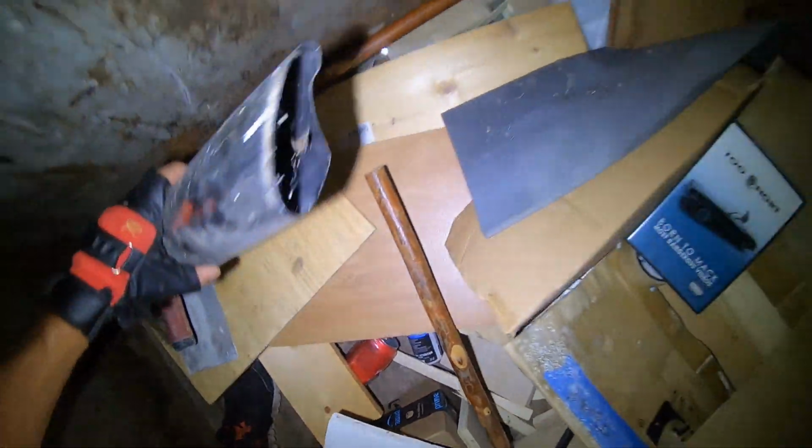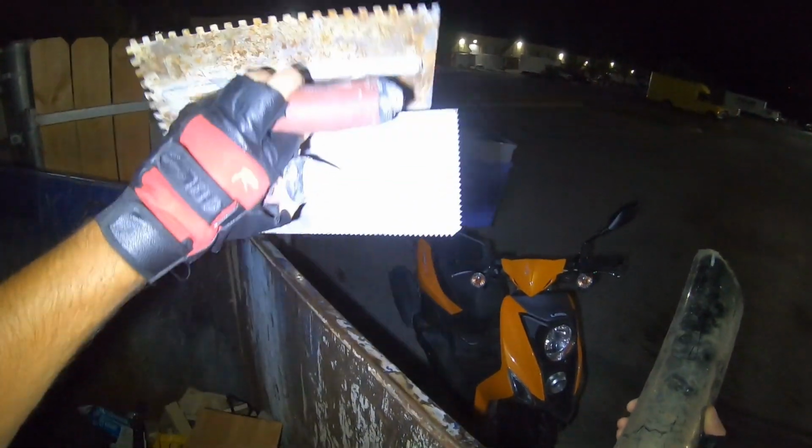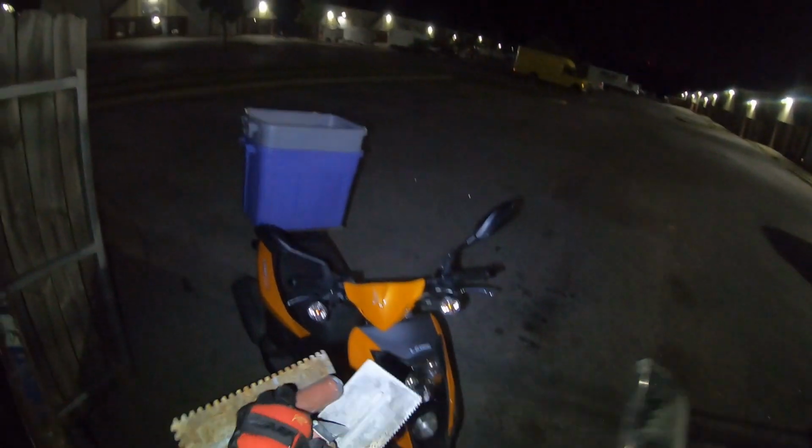What's it? Exhaust pipe. Those are in nice condition there. Pawn shops like to buy that kind of stuff. People buy that up pretty quick. It's not worth a lot of money, but